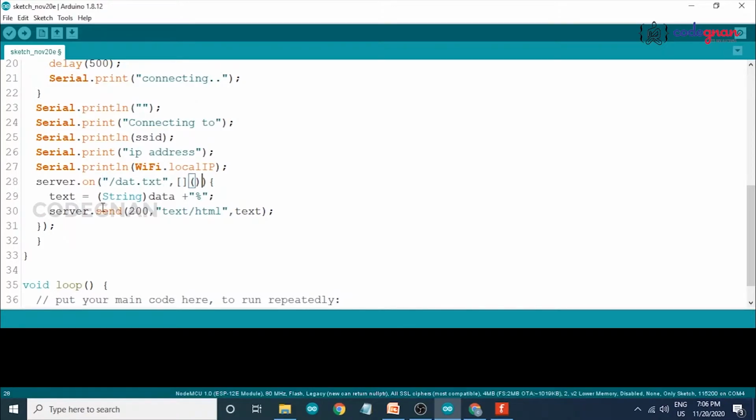We close our server after sending the data in the format of HTML, so I have to close it here. Now we write our code to send data to the server.